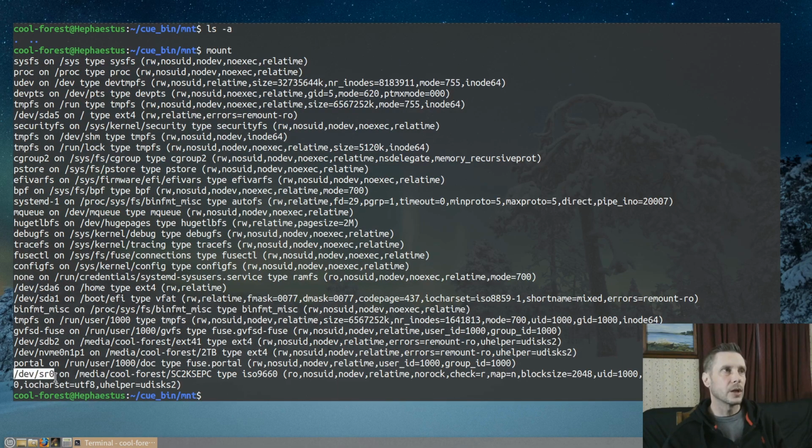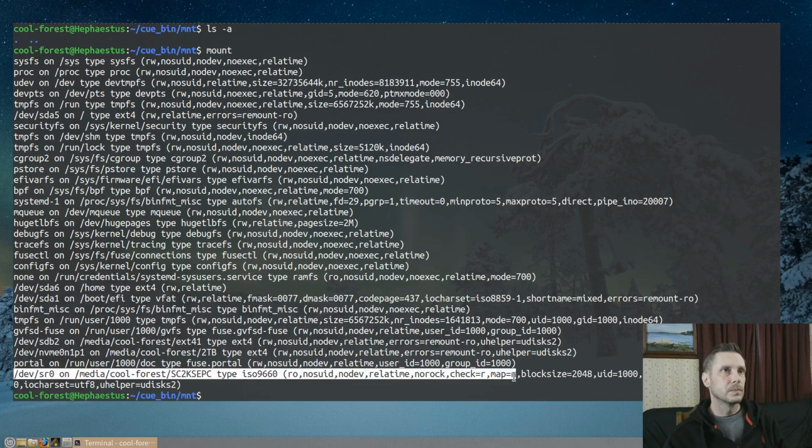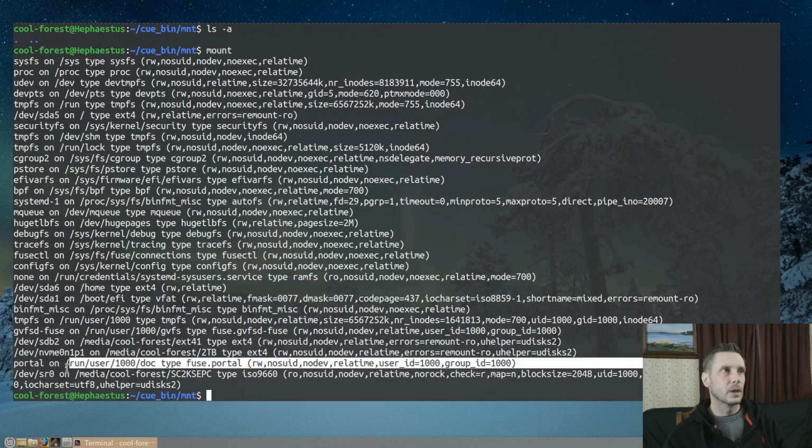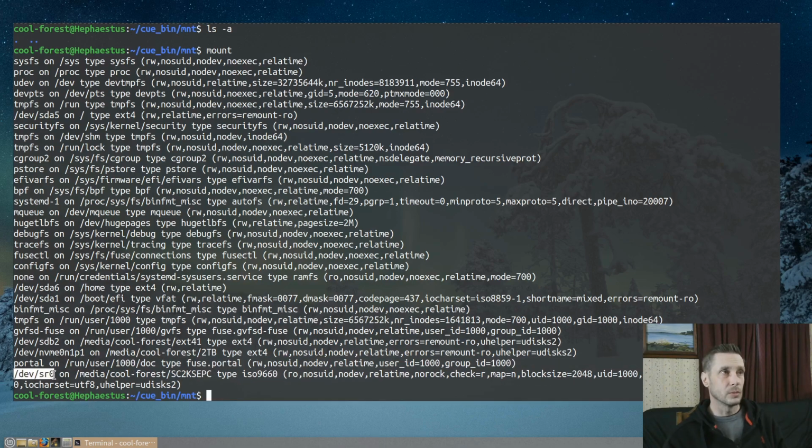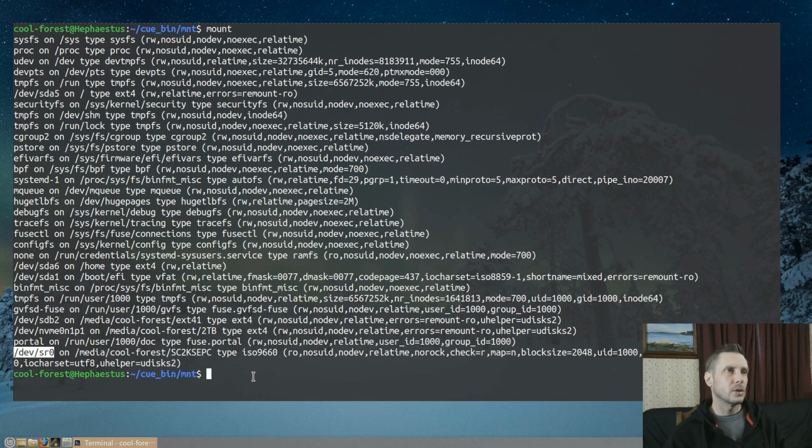This is my device here. And we're only concerned with this little bit. So what you can do is just a simple cat command with a redirect.